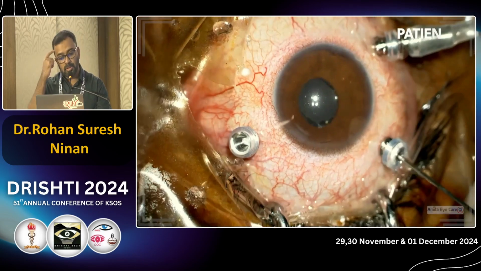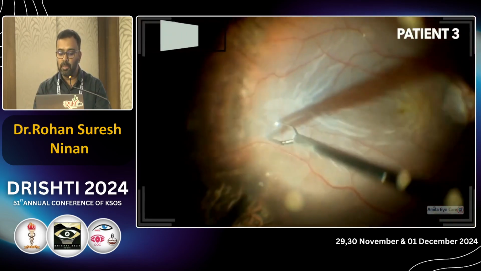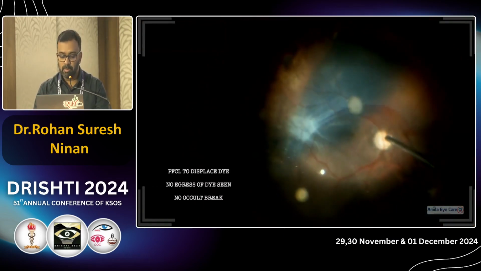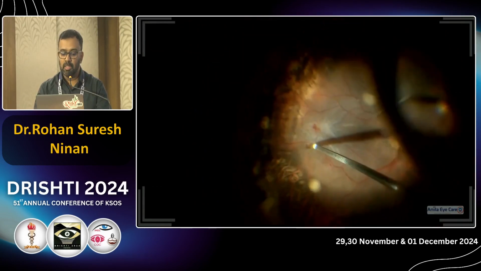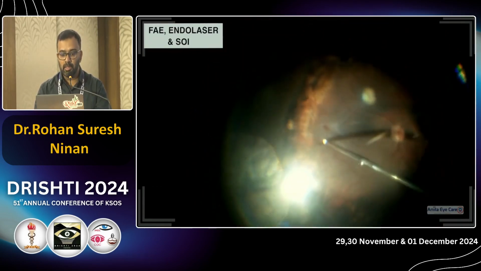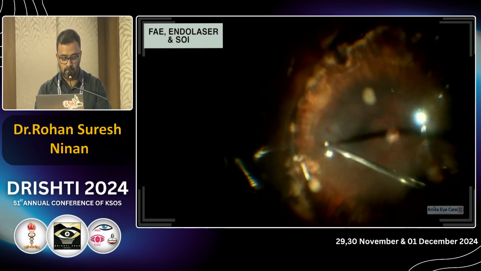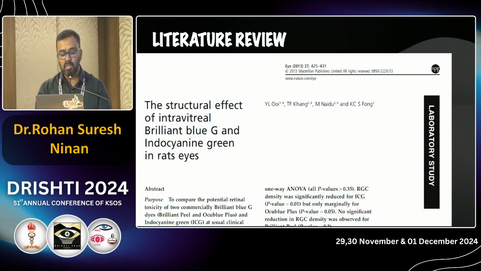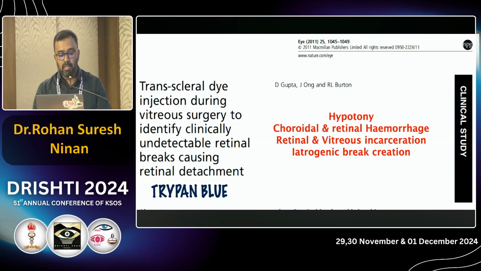The fourth was a case of re-RD. After peeling the PVR membranes, subretinal BBG was injected, but a break could not be seen. So hence a drainage retinotomy was made and the retina was settled under oil. So BBG dye was selected because it was safe, as seen in various studies. There was another technique